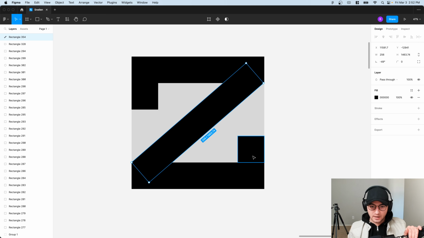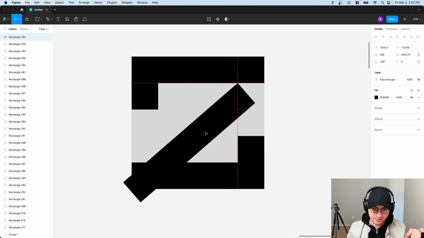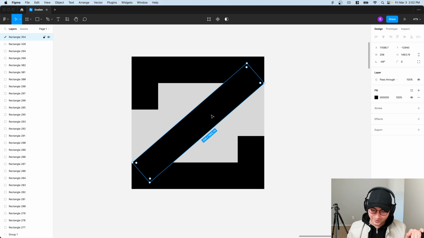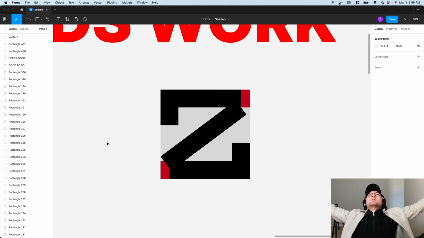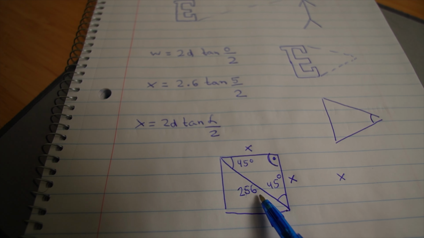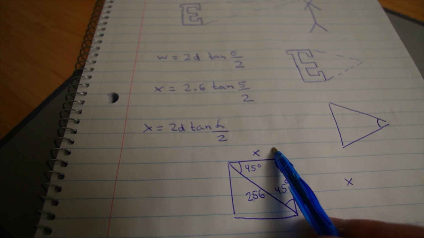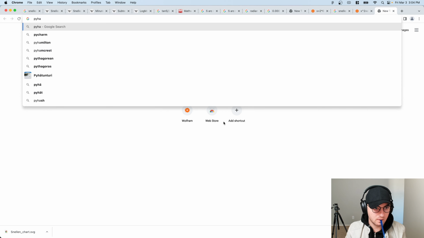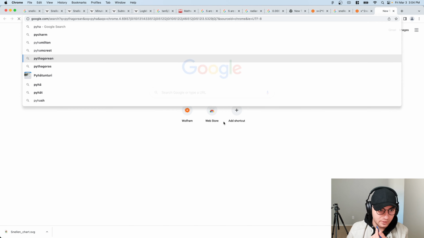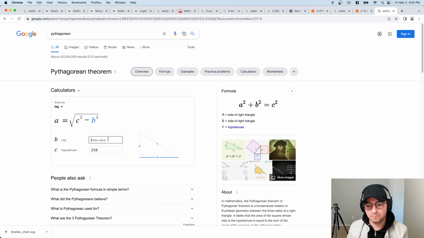Ooh, nice. I have no idea how to. There must be a way to calculate the angle at which I have to rotate this piece, but I'm too lazy to figure out the trigonometry of that, and I'm just gonna eyeball it. Oh, no way. I might have an idea. Wait. Oh, what the fuck? I know that this is 256, and I want to calculate these sides. Why doesn't it make sense? Wait,